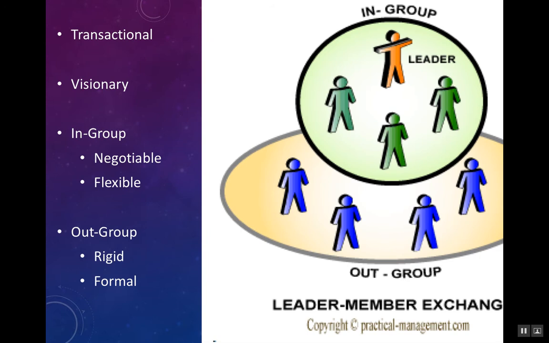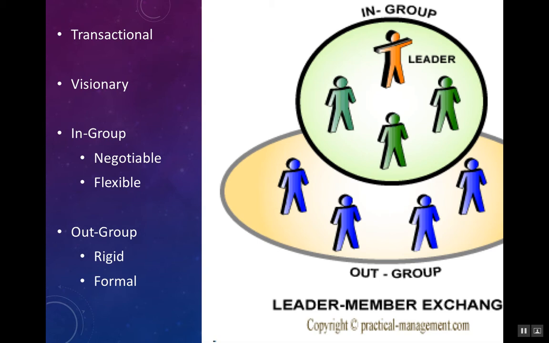The leader-member exchange theory was developed to foster more mature leadership relationships within teams. It's based upon the leader developing relationships with each subordinate. This theory is considered to be both transactional and visionary. It's transactional in that team members exchange productivity for access to the leader, and it's visionary in that the leader must have a focus for the current and future state of the organization.